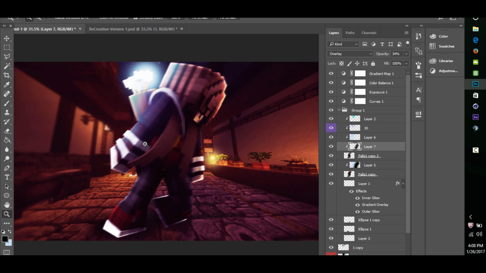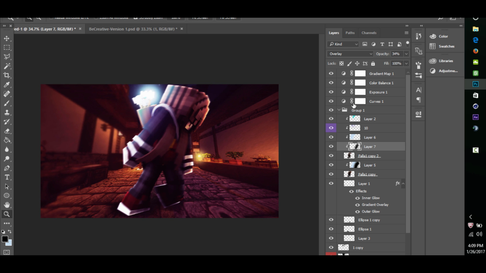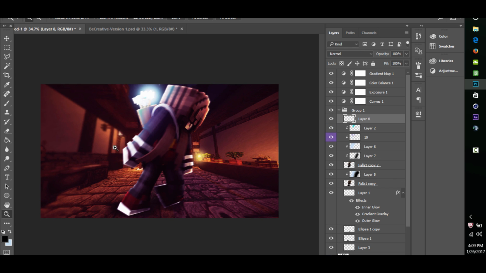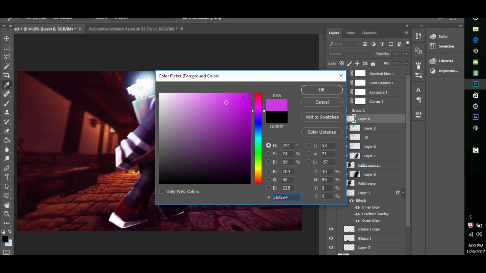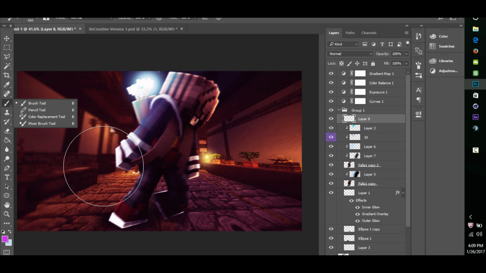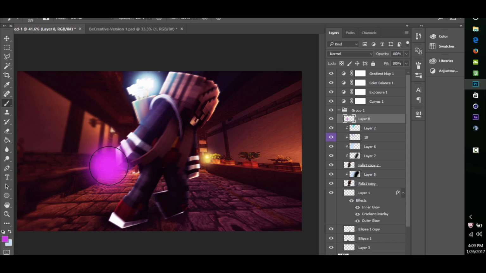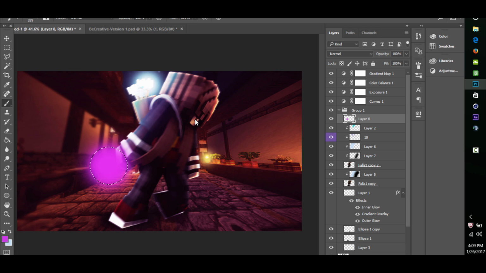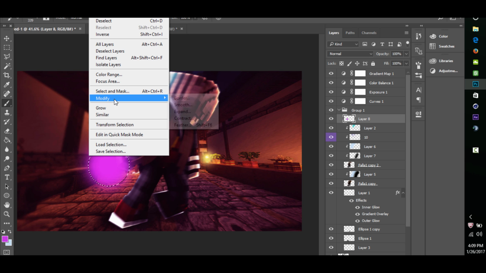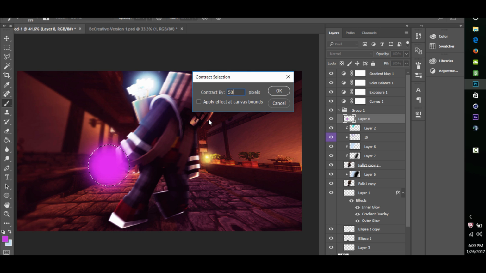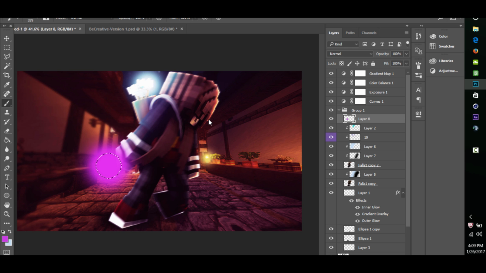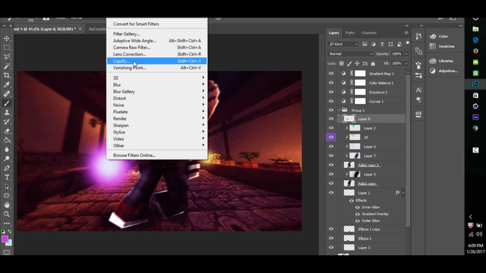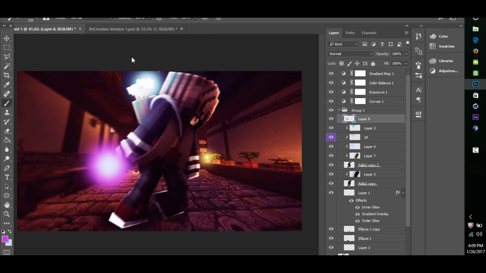I don't know what kind of effects we could add. I guess you could try like a purple orb kind of thing. I'll try that, see if that'll look nice. So we're gonna select modify contract, let's try 50, and control and delete. So that's that. So we're gonna go to filter, liquify, and